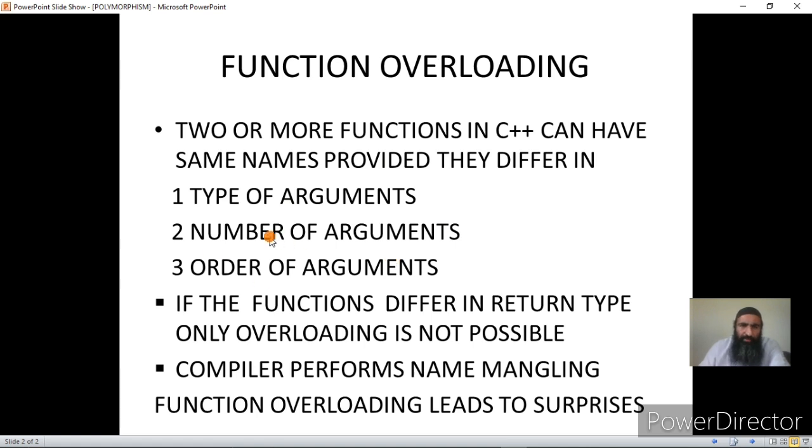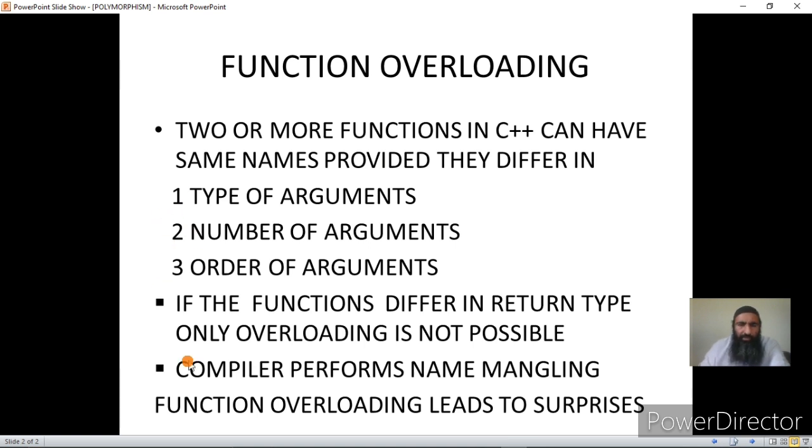But if the two functions have the same name, the same number of arguments and the same data types of the arguments, even if their return type is different, they cannot be overloaded. They should differ in the first three possibilities that I have already discussed.